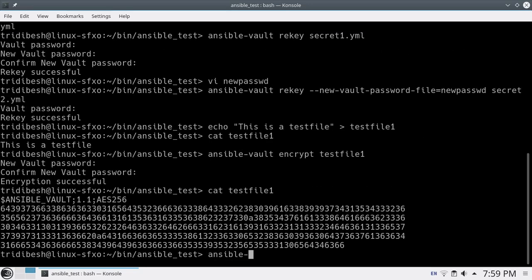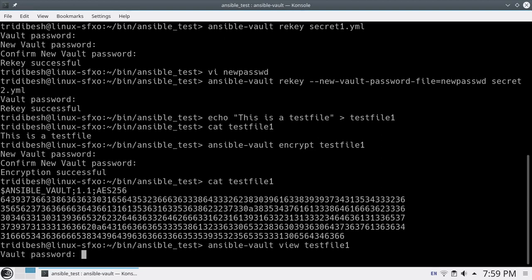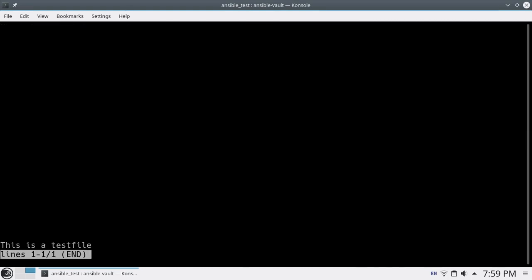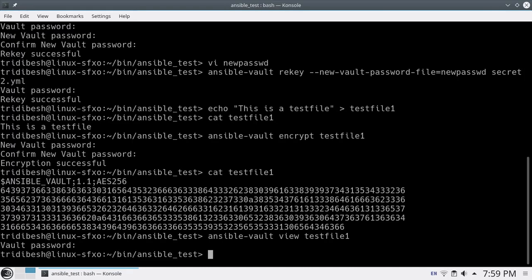So again I need to do the same thing, ansible-vault view testfile1, pass,123. So you can see the content. So like this you can encrypt a file. Similarly, if you want to use a password file, you can put that --vault-password-file option.